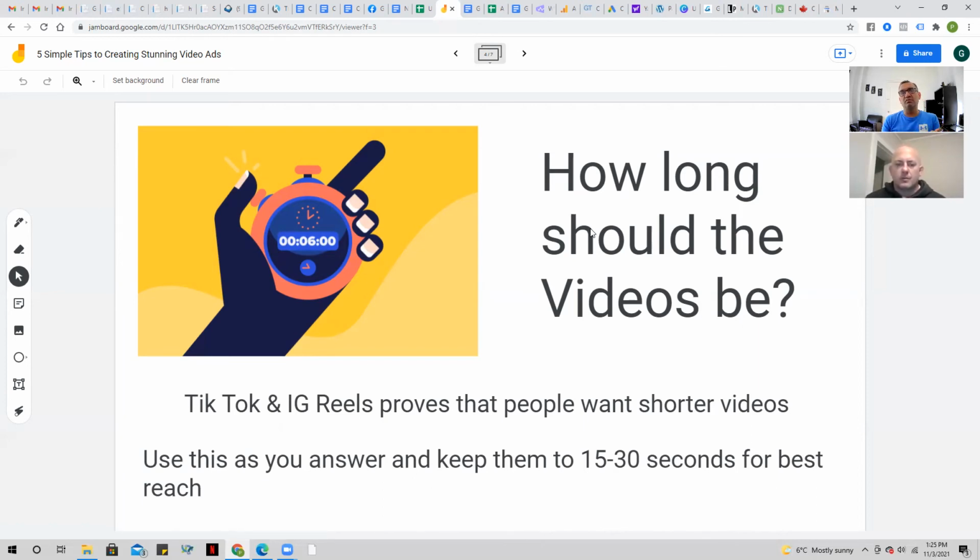In this image, you can see there's a 6-second video. That could work as well on platforms like YouTube, where you just want to keep ticking at them, right? So retarget ads that are very short are good. But on the social platforms that we use, so Facebook and Instagram mainly, it's best to use 15 to 30 seconds. On YouTube, I would use longer videos, of course,